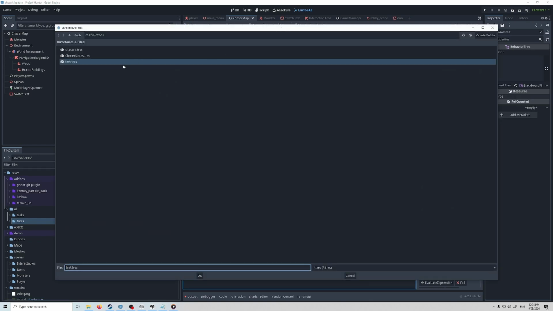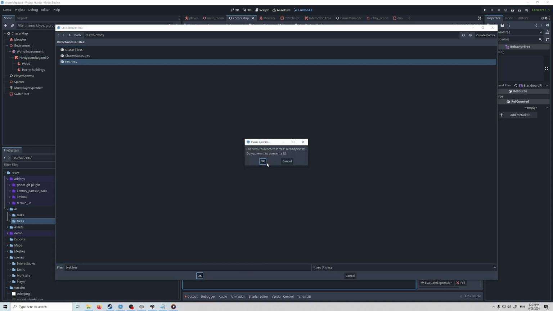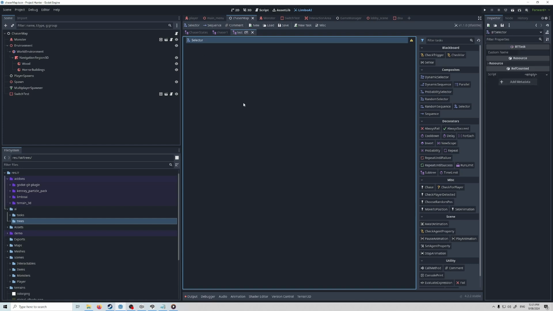Make sure you instantly save it, because Godot doesn't do this automatically or show you a pop-up saying oh you didn't save it. It will just throw it away, so make sure you instantly save it. I created this one already, so I'm just gonna say okay. This will create a selector, and before we continue here, I'm gonna show you how I build out